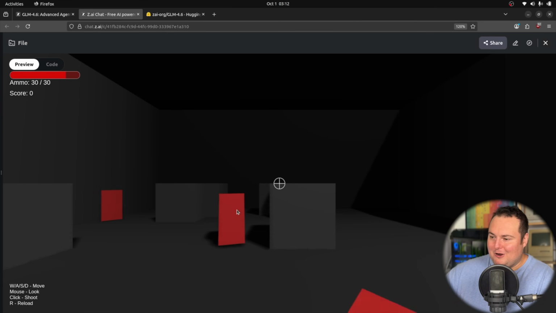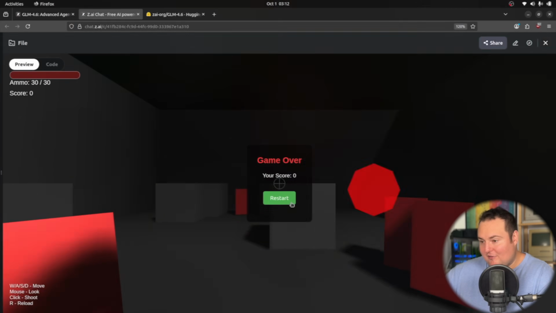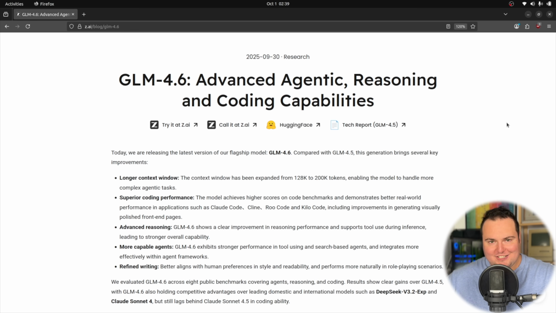The animations here are smooth. Obviously, one of the downsides would be that I can't actually move. However, GLM 4.6 has been released, and the GLM family of models, for those who are perhaps less familiar with them,